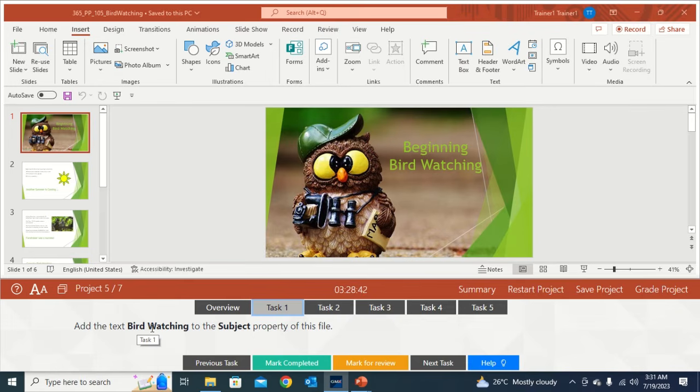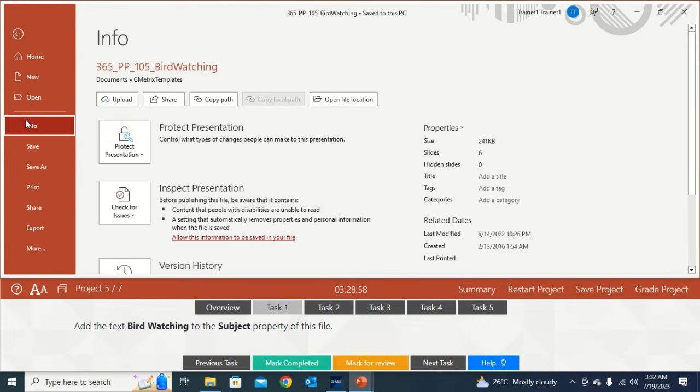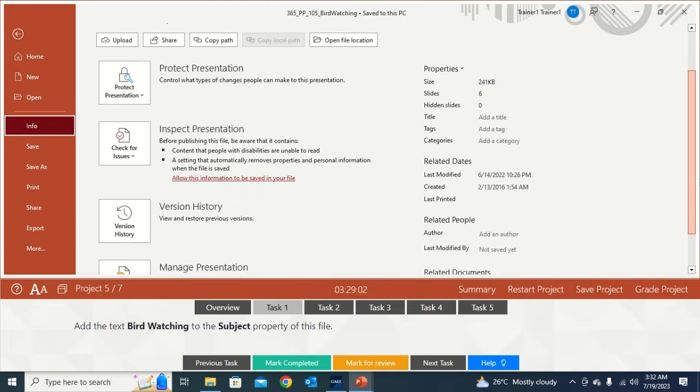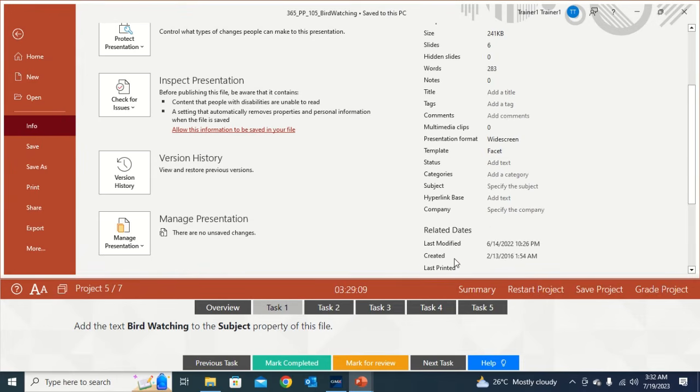Add the text bird watching to the subject property of this file. So to do this, you click on the File tab and Info, and here you have properties, the subject property. To display the subject property, you select Show All Properties. Now you have Subject, and you type in